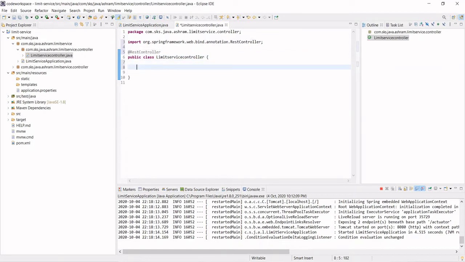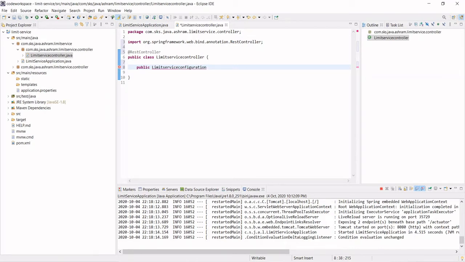we'll write one method, public, and let's say let the name of the bean be LimitServiceConfiguration.